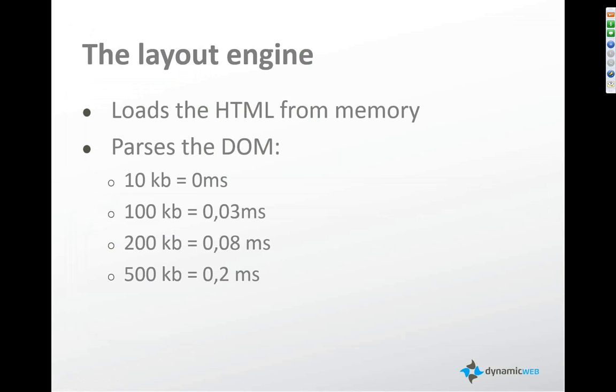But as you can see, if we go up this size, we start to see a 0.2 second load time of the actual HTML into this document object model. And that is, of course, starting to be a problem, because 0.2 seconds is quite a lot of time. If we saw before, the Dynamicweb front page generation was 0.25 seconds in total. This is 0.2 seconds just loading the layout template into memory, and we haven't generated any